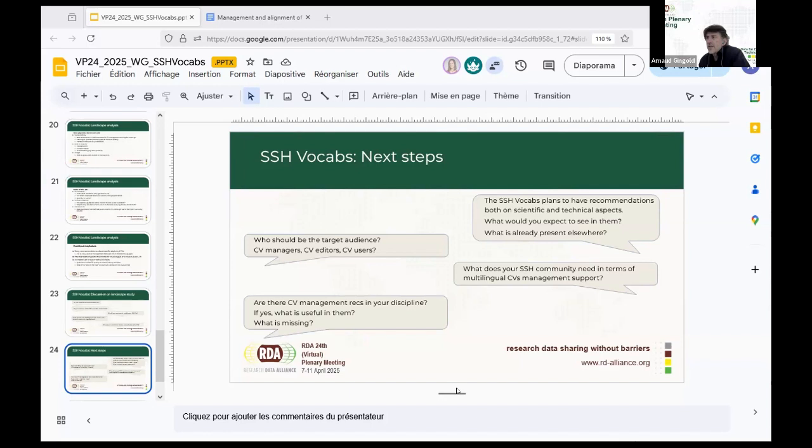So what we did in this project is that we used the Library of Congress Subject Headings, meaning topics used in libraries, the Library of Congress but also others. It's used internationally, but it also means that they're not always scientific terms, they're terms for libraries. From that, we extracted a subset specific to the SSH, and we translated it into many languages. I think we now have the vocabulary translated in 14 languages,